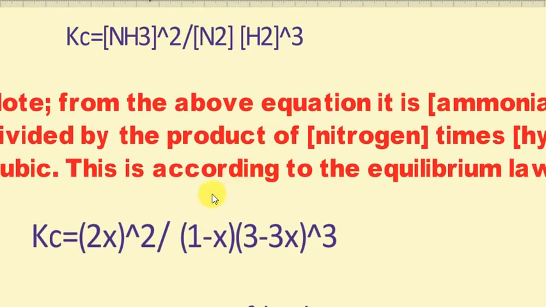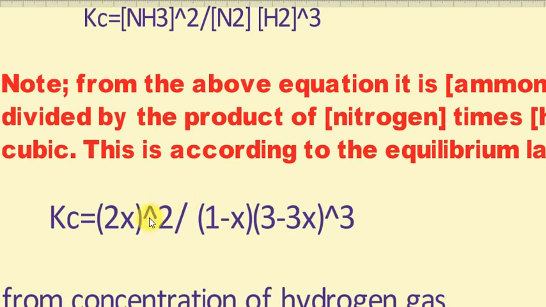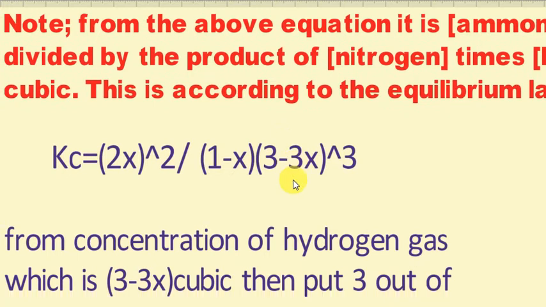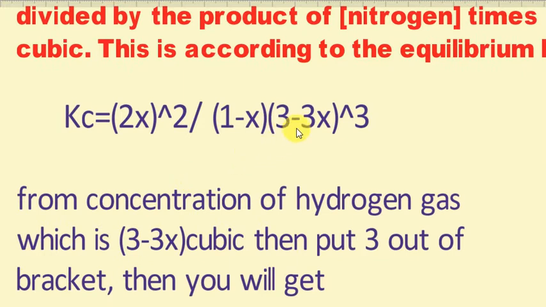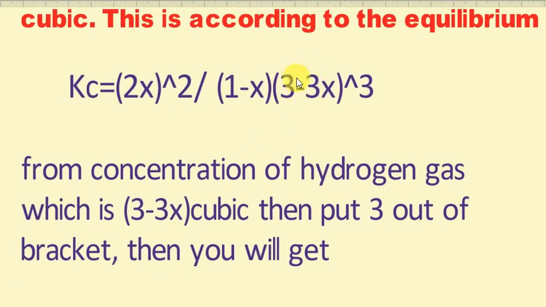Now let's go. At equilibrium, the expression is (2x) squared divided by (1 minus x) times (3 minus 3x) cubed. One of the challenges which faces most students is here. If you are not careful here, you cannot continue to solve this question, because later you will end up with an equation of degree 4, while our normal scientific calculator cannot solve an equation of degree 4. So what we are doing here, from this (3 minus 3x) cubed,